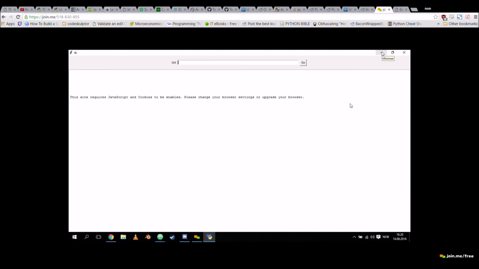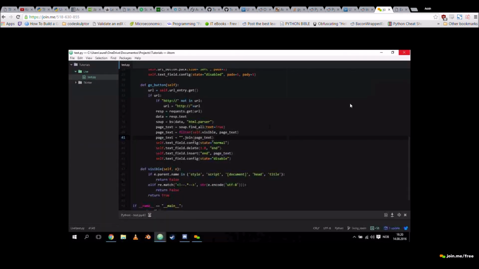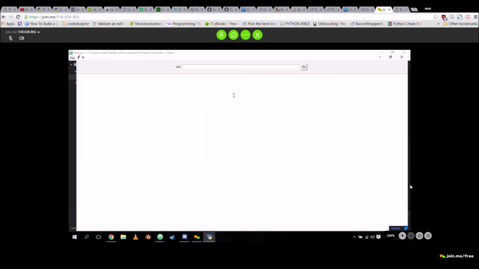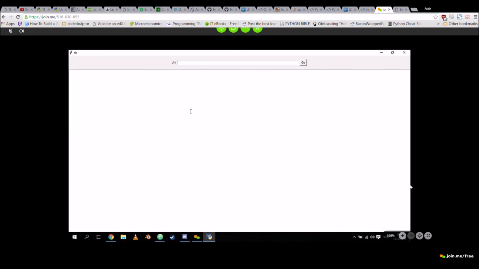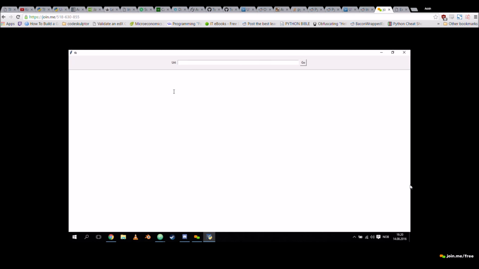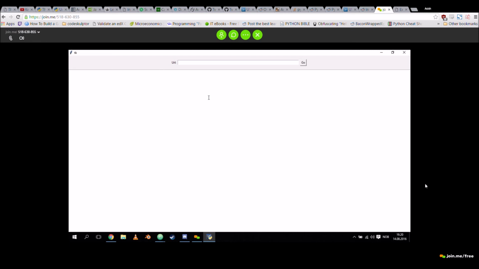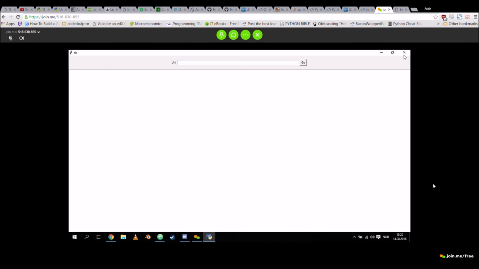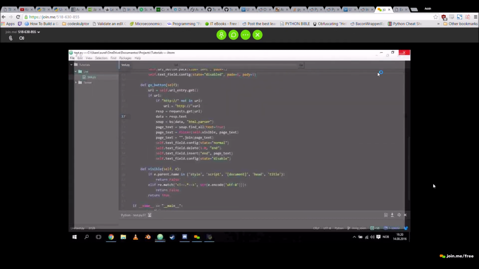The code is actually already out on my GitHub in my project folder under other things. I got a little Tkinter browser there. So the things that can be done with it, if you want to expand upon this, is what I originally thought about: put all the text in one location, create a tab, and put all the URLs, all the hyperlinks in another location, another tab for all the images. So it kind of just separates everything out of a page, something like that. But it's just a fun little project.